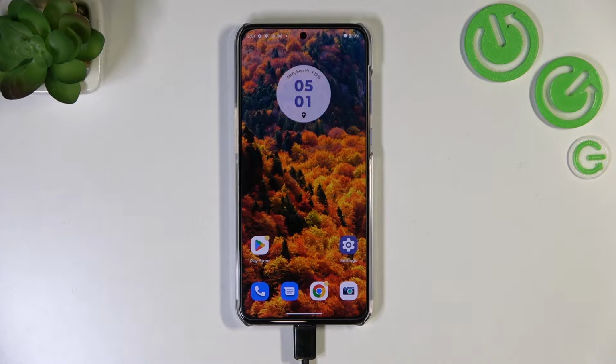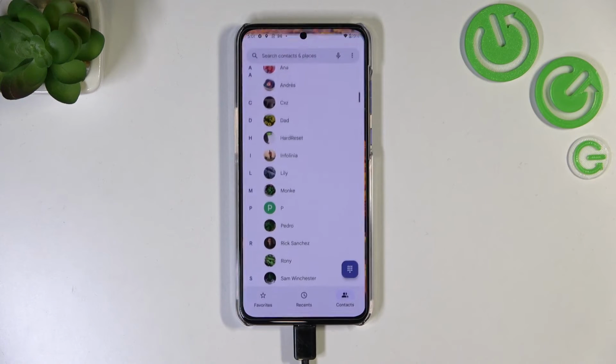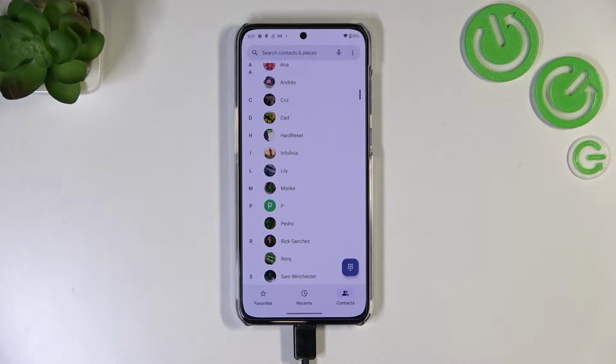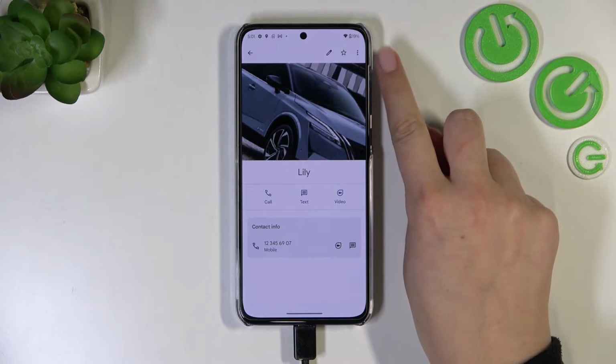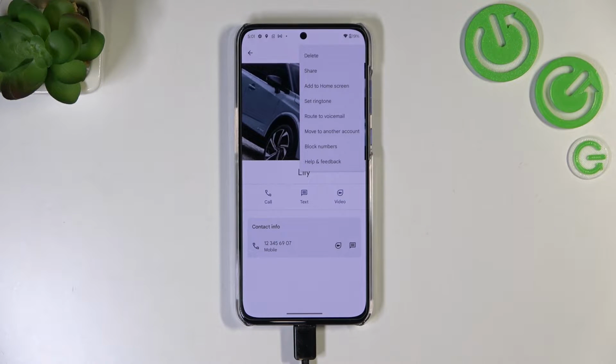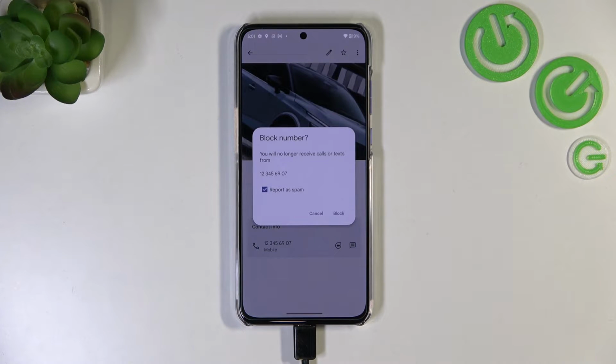So let's begin with the contact list, which simply means that thanks to this you can block a number which you've got currently saved. So let's enter the contacts, for example, using the dialer. Let's find the contact you'd like to block and tap on it, and then pick the three dots icon in the right upper corner. Now let's tap on block contacts or block numbers, and as you can see your device will